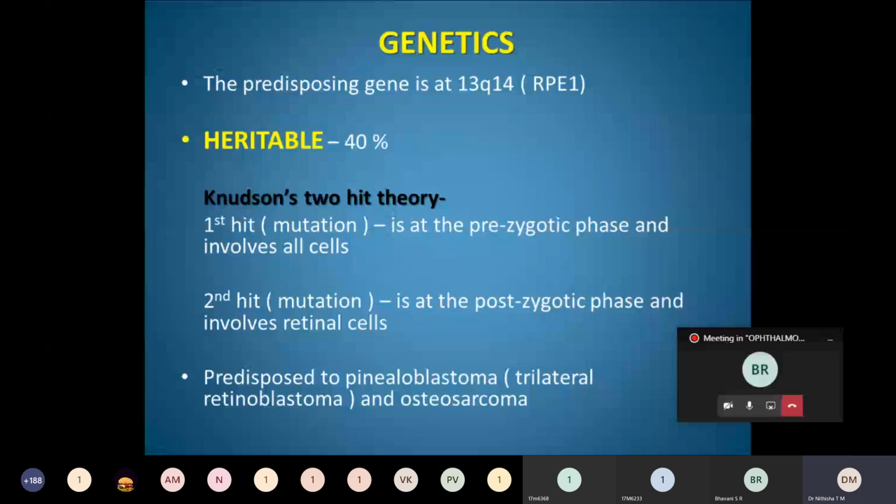Gene predisposition is very important. Please remember 13q14, the predisposing gene. Heritable is 40%. It is based upon Knudson's two-hit hypothesis. According to that, the first hit mutation occurs at the pre-zygotic phase and involves all the cells. In the second hit, the mutation occurs at the post-zygotic phase and involves the retinal cells. If it is predisposed to pineoblastoma, then it is called trilateral retinoblastoma